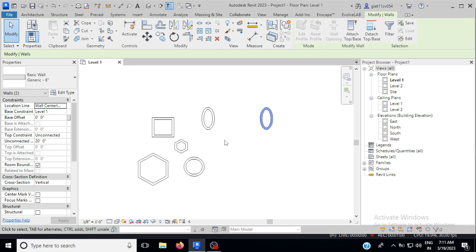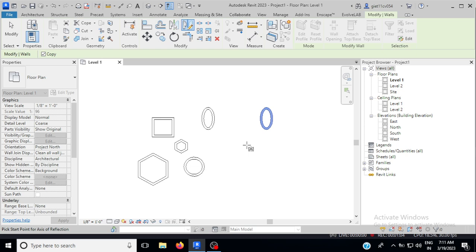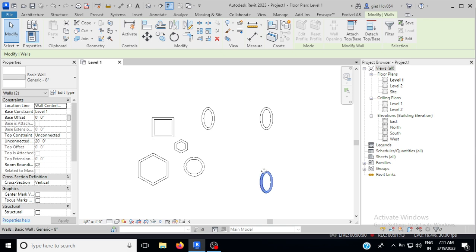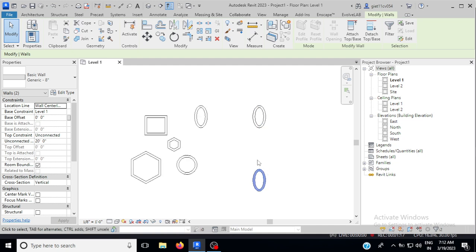If you want to draw the mirror of this object on this side, you will create the axis on this side. This is how the mirror will be drawn of this object. Okay,